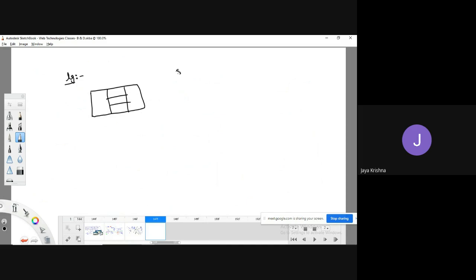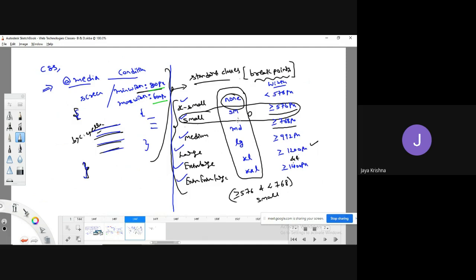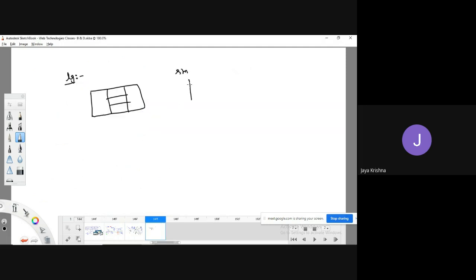If I have opened the same website on a small screen, identified with SM, then I need to have the output like this. This kind of structure. So now the big task is how to do that. For example, let me take a division.